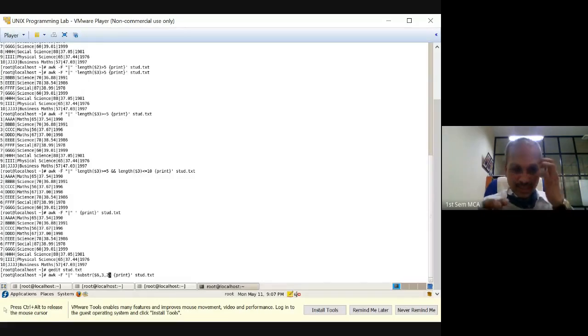So any confusion on this? How we have given? We have to give the string. In our case, it is $6, which is containing the year. Second, we have to give the starting position, that is index, that is 3. Because out of this 1995, 1996, 19 is not required for me. The last 2 is required for me, which is going to begin from the character 3. Thereby, I have given 3. Now we have got 2. 2 means 2 characters I want to select.